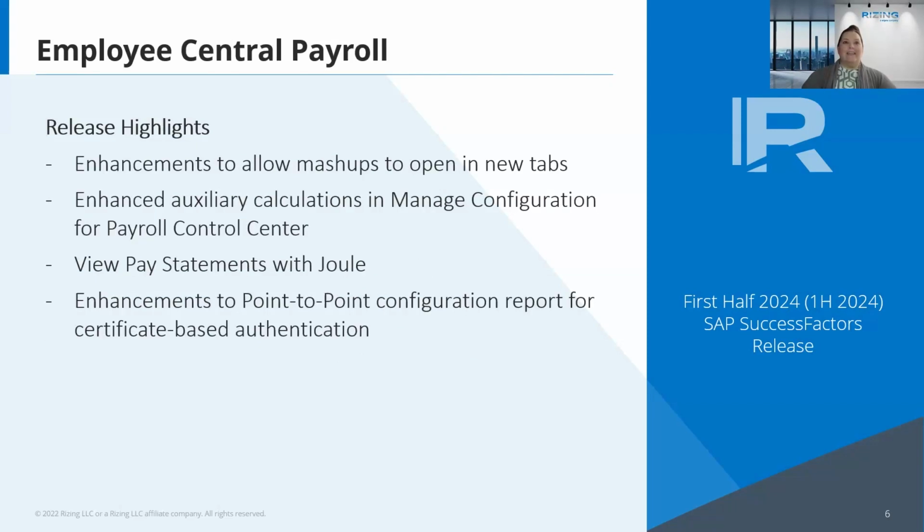Sure. Kelly, now we're going to talk to Lakesh about Employee Central Payroll. And thanks, Shannon. We'll go over key enhancements for ECP for the current release. So the first one which we have is